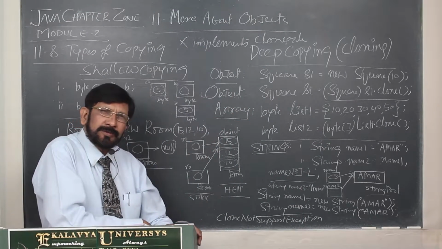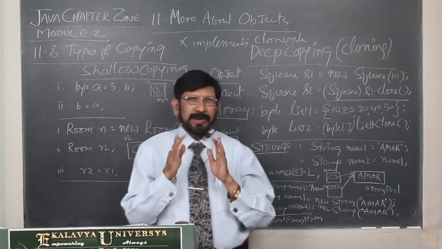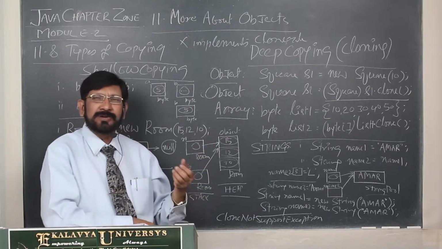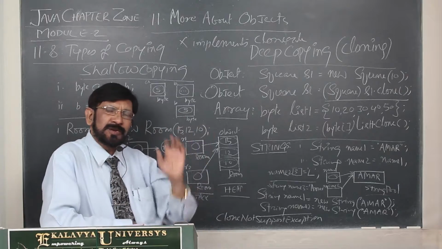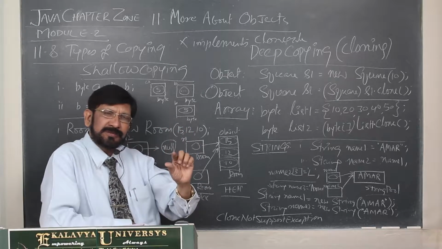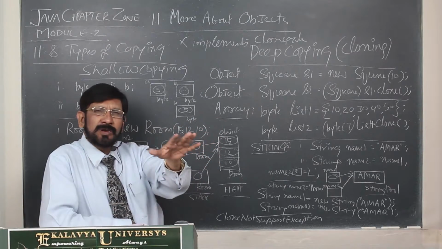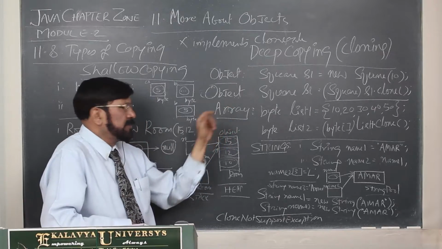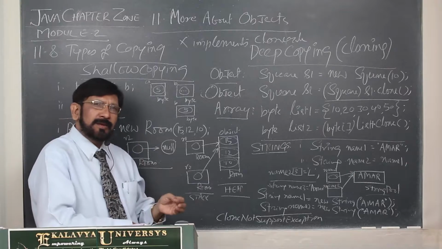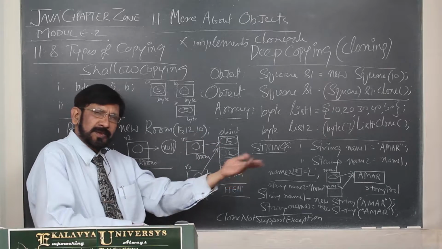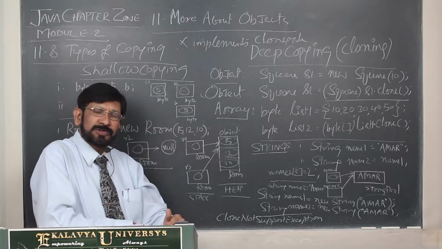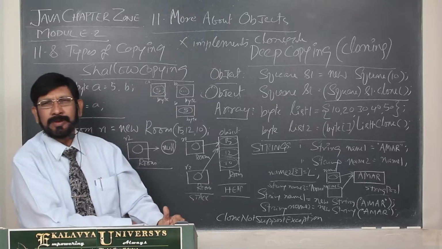So, in order to make it convenient for all the classes, the Object class defines certain general utility methods. General utility methods means certain types of methods which may be useful for all Java classes created in Java programs. So, for any class, it may be a library class like the Math class, or it may be a user defined class like a Student, a Room, an Employee.